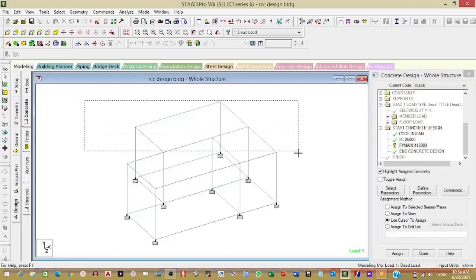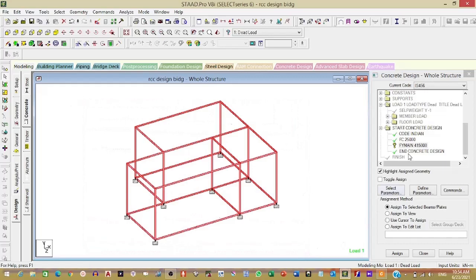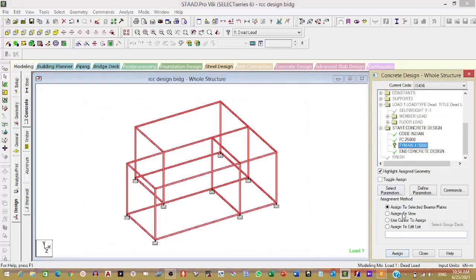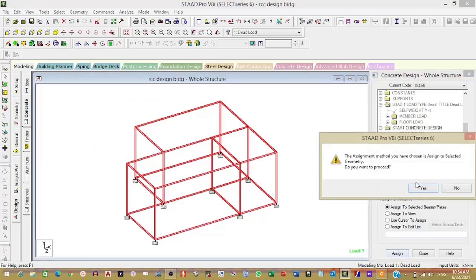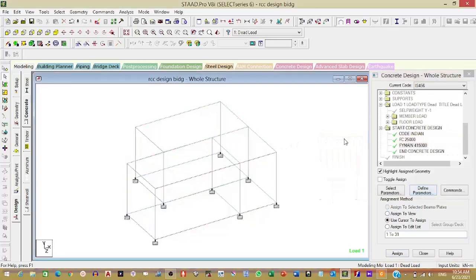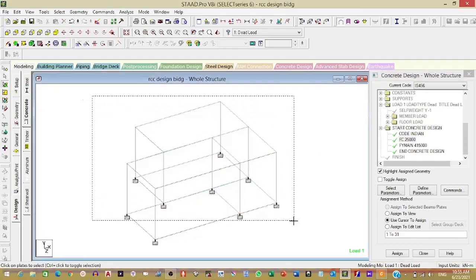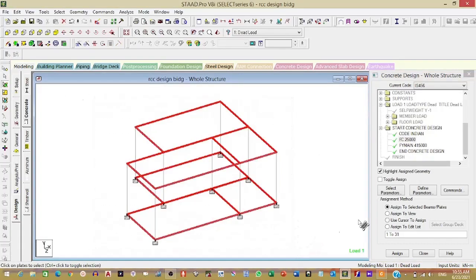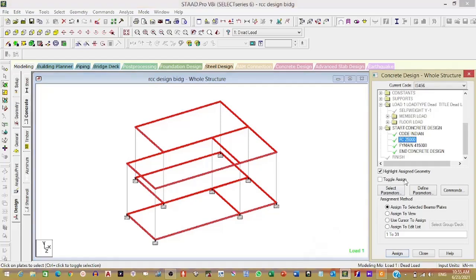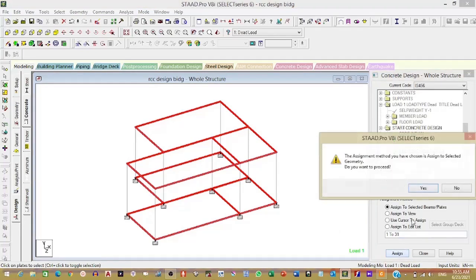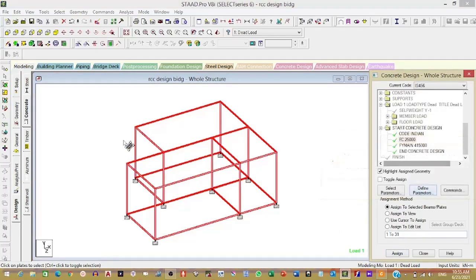So split cursor here, and then FC assign to selected, correct. Then Fy main slab panels. So still we are in assigning. Yes, we have assigned. So no property should remain unassigned.